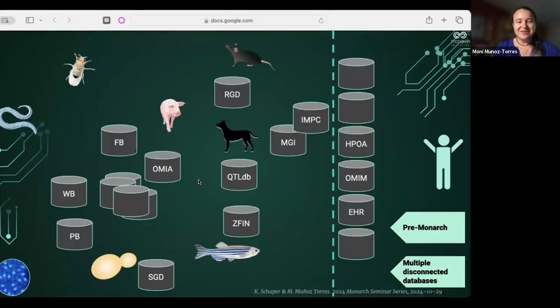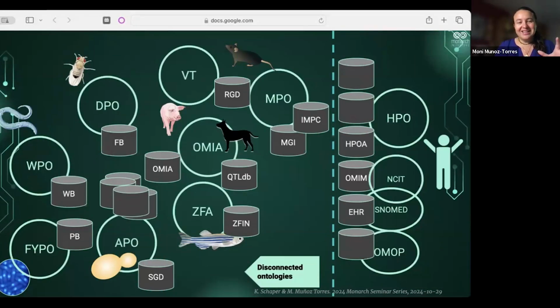And so we'll start with this. In the beginning, there was chaos. Before the Monarch Initiative started working together, we had these collections of disconnected databases. Many of these probably look very familiar to you. Next slide, please. And not just databases, but also there started to grow an incredible mass of knowledge about the